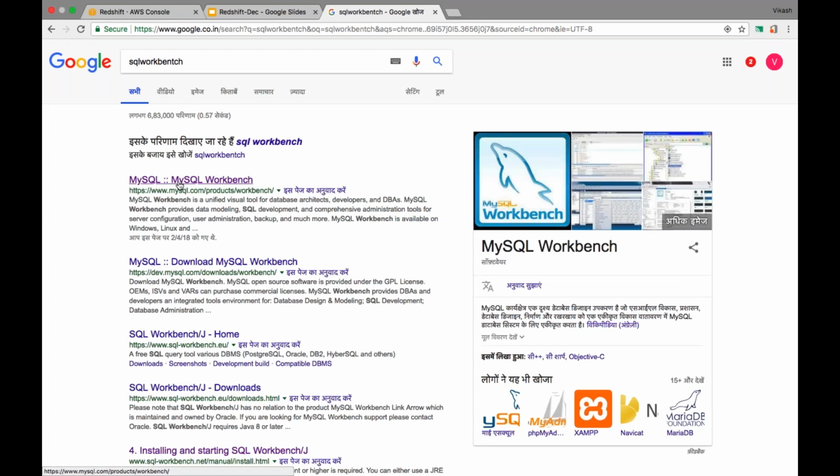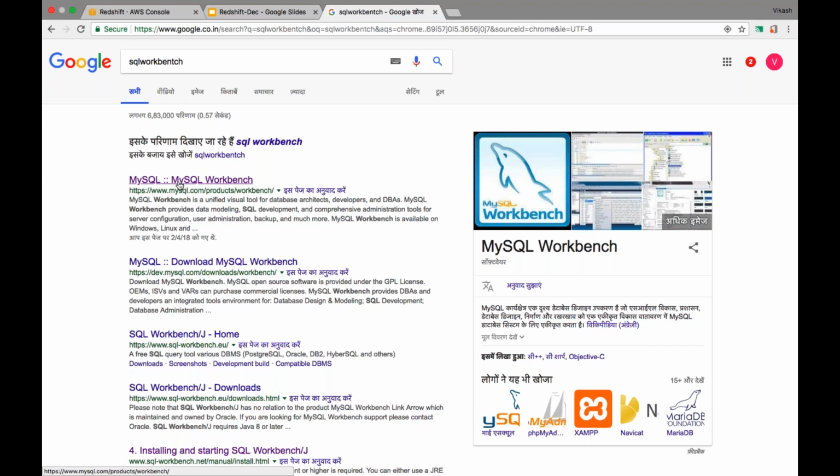That is only for the MySQL database, but Redshift is not MySQL. Redshift does not use the MySQL engine. Redshift uses the Postgre engine, and that too a customized version of Postgre. So just by using some Postgre driver, you will not be able to connect to Redshift. There is a separate